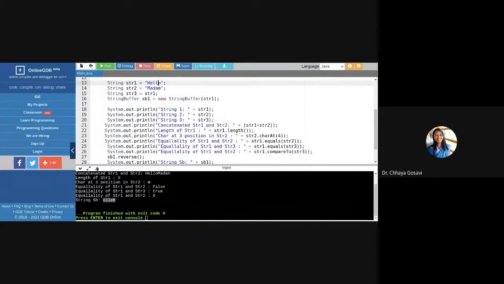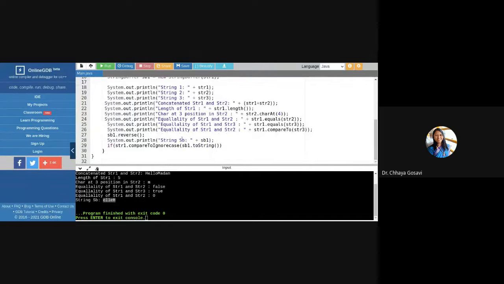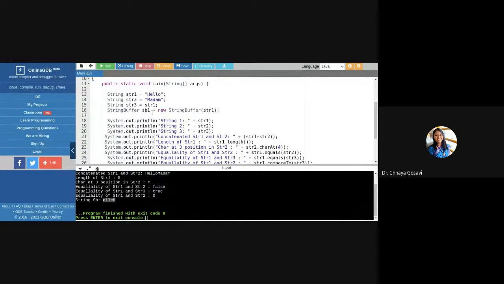If these values are the same, the original string and the reverse string, then we can say that this is a palindrome. Otherwise, the strings are not palindrome. So to compare, we can use the compareToIgnoreCase function, or just compareTo if your cases are the same.